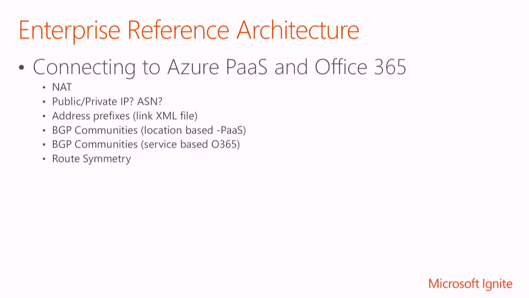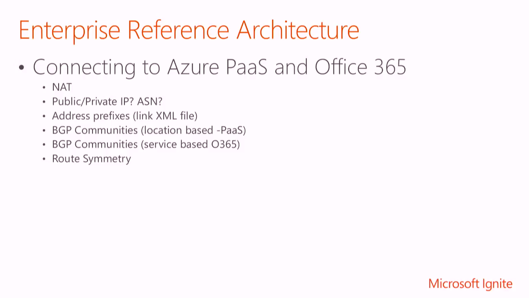I don't want to open it for everybody. And so they want to restrict what they allow through the ExpressRoute. That is what is called community tags. Whenever we advertise routes from Office 365 or the PaaS cloud, it comes with a community tag. The community tag for the PaaS cloud is location based. Okay, I want to connect to the Azure PaaS service that is closer to my region, and I will only allow routes with that community value that's local to you.